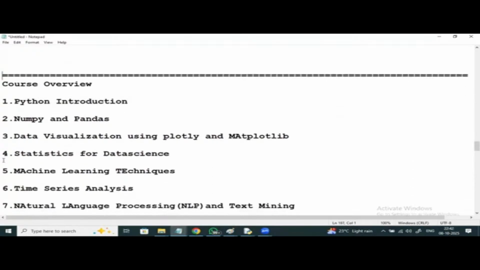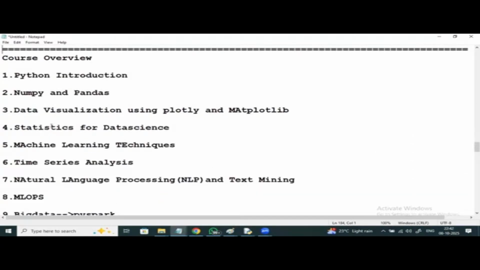I was just discussing the course overview. Initially I'll be starting with Python introduction and NumPy and Pandas for data analysis and data manipulation, data visualization using Plotly and Matplotlib, and statistics. Statistics for data science: statistics will help the data scientist understand data variability, test hypotheses, and summarize complex data sets. And many other things like dispersion measures, sampling techniques, machine learning techniques, time series analysis, natural language processing, NLP, text